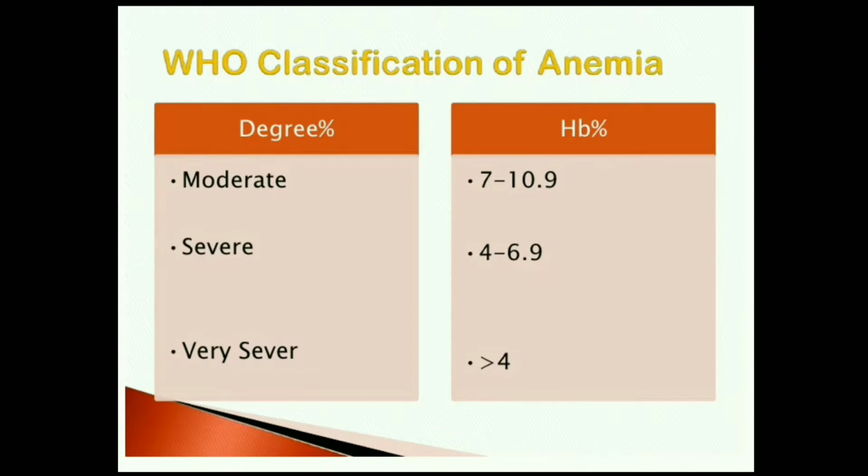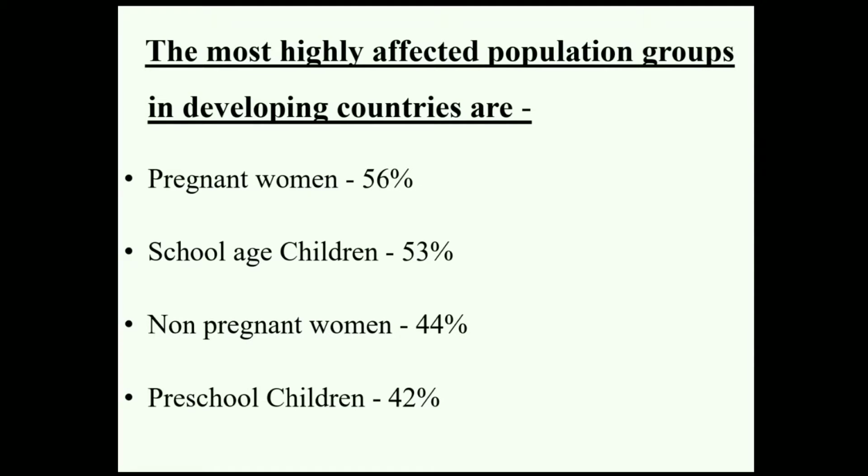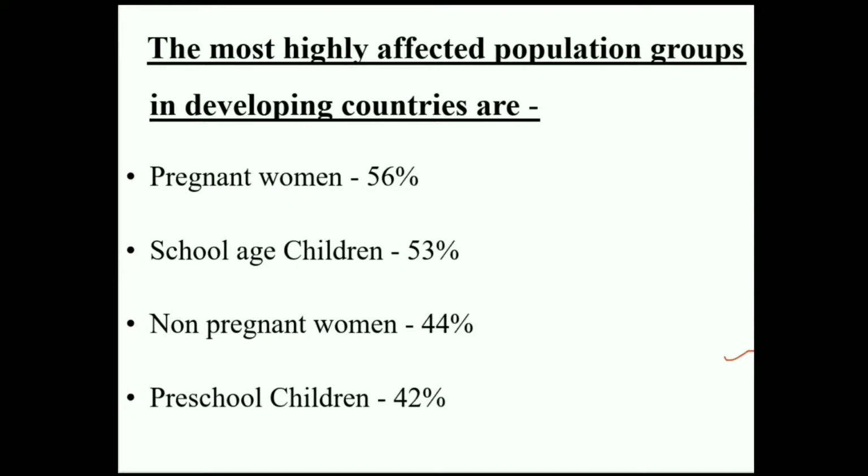WHO classified anemia in 3 different degrees. That is, in moderate degree, the hemoglobin is 7 to 10.9, whereas in severe degree, the hemoglobin is 4 to 6.9, whereas in very severe condition, the hemoglobin is less than 4. The most highly affected population groups in developing countries are pregnant women 56%, school-age children 53%, non-pregnant women 44%, and